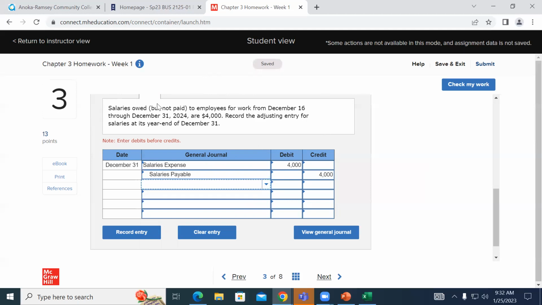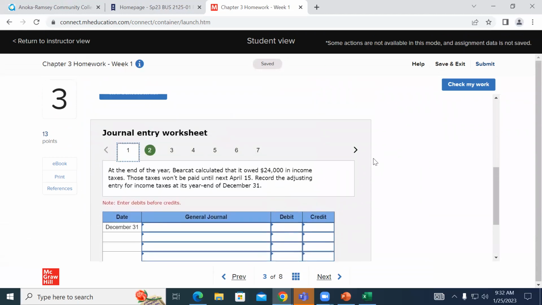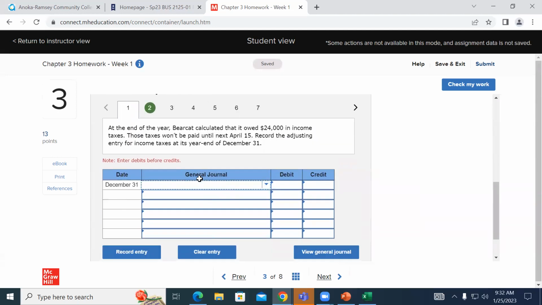Guys, why would this not be any different? Wouldn't that be the same logic? At the end of the year, Bearcat realizes it owes 24,000 in income tax. Those taxes aren't going to be paid out for a while. Wouldn't we do it the same way? Wouldn't we do income tax expense